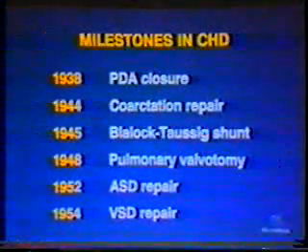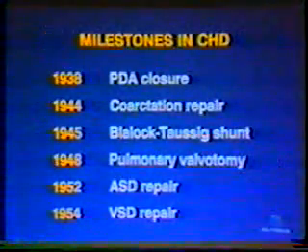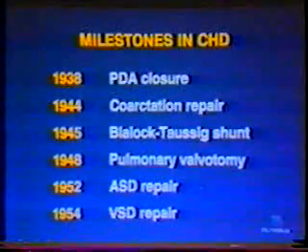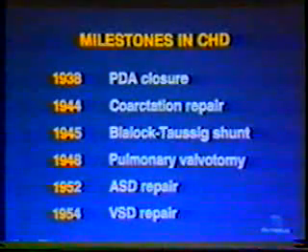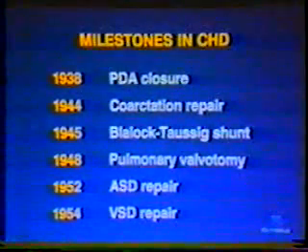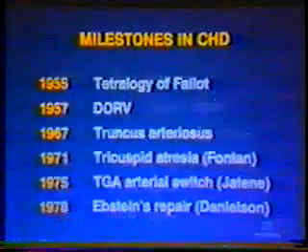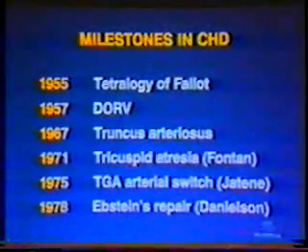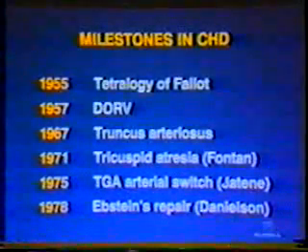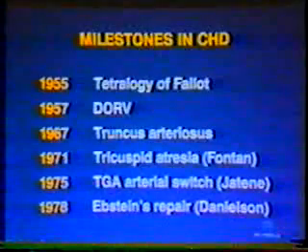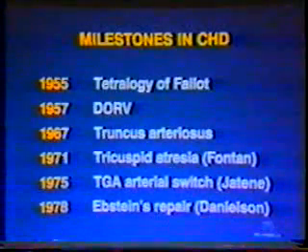In 1938, 50 years ago, patent ductus was successfully ligated, while in the early 50s, atrial septal defect and ventricular septal defect repair was accomplished. In the mid-50s, tetralogy of Fallot and double outlet right ventricle were successfully repaired,